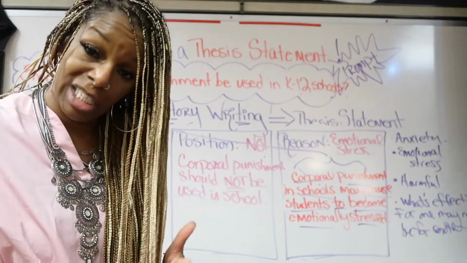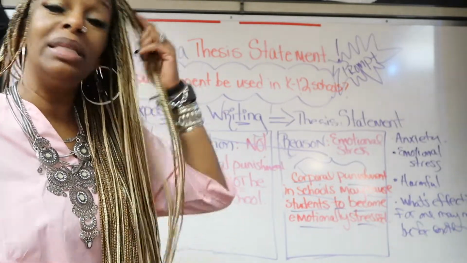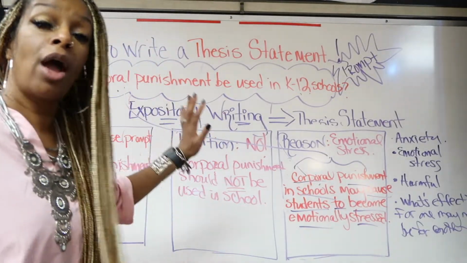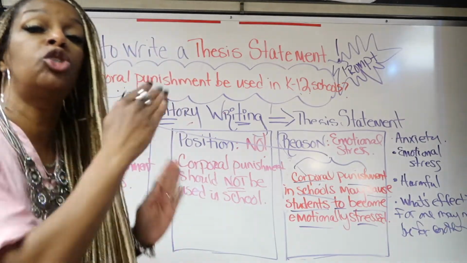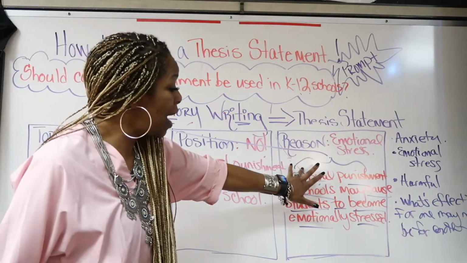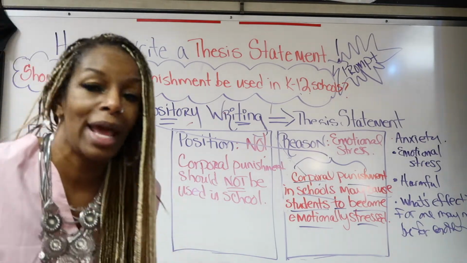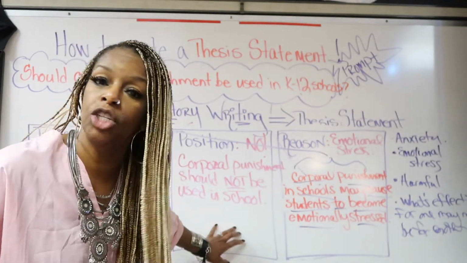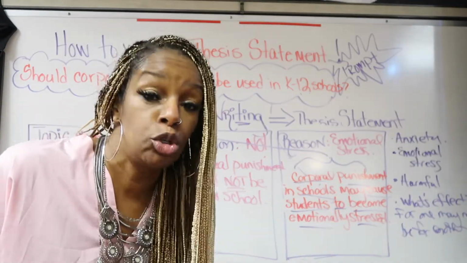This is a nice start, especially for middle school. Sometimes thesis statements can get a little more complicated, but this is a nice start. So this is a formula I want you to use. Use how I wrote mine, the process I used to write mine. I want yours to mirror mine. My final thesis statement is not that corporal punishment should not be in school. That is not my thesis statement. I have to give a reason and what I'm going to be writing about. Yeah, that's your reason it shouldn't be used in school, but why? And so my why is it can cause emotional stress,